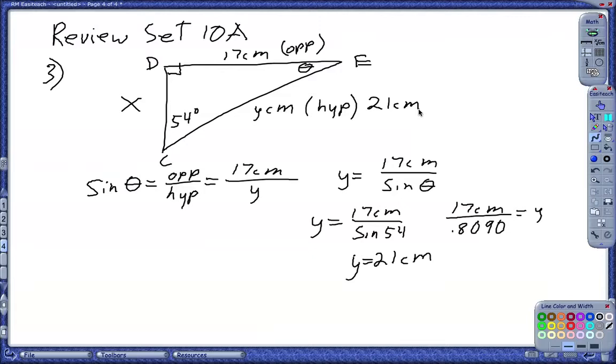Okay, that's the first one. Now, of course, at this point, it wouldn't be difficult to figure out X, is it? Assuming we didn't make any mistakes here, we can use Pythagorean theorem. We don't have to use a trigonometric function. We can use a trigonometric function, but if we recall Pythagorean theorem, a squared plus b squared equals c squared, I can go ahead and say x squared plus 17 squared is equal to 21 squared and solve. That's another option. Okay? Let me go ahead and